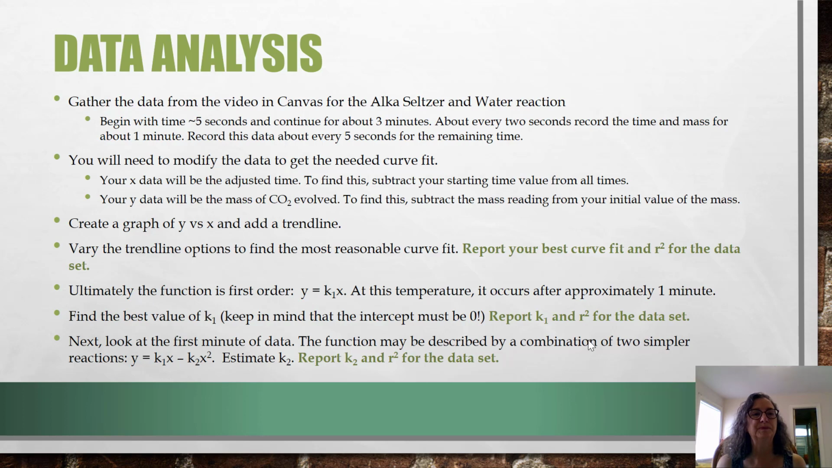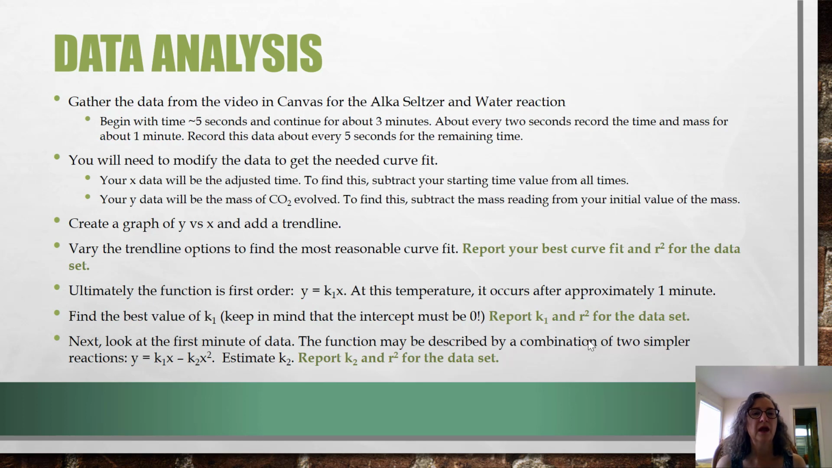and do that. Then you're going to need to modify the data in order to get the curve fit that I'm asking you all to do. The X data is going to be the adjusted time, which simply means you're going to figure out what your starting time was and subtract that. So you're going to get an artificial 0 time based on when you started your measurement. Again, about 5 seconds in from the 0 on the timer is probably about the point where this will work